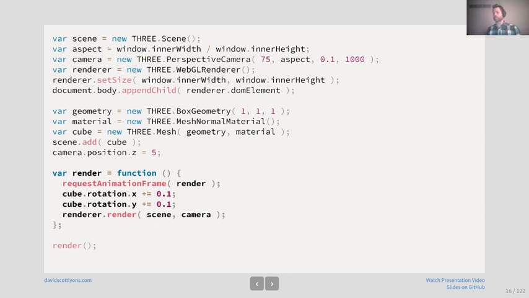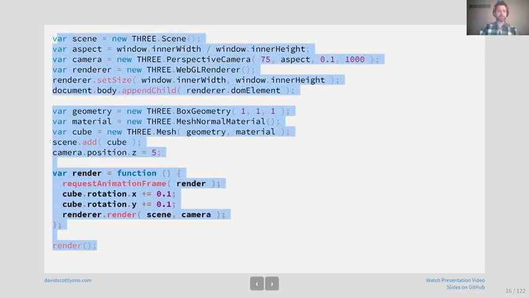Kind of another great thing about using a library like this is that this cube element is going to be self-contained. So there's a cube.rotation property with an X property, right? There are basically numerous attributes we can slap onto this object, but we don't have to go through and do the very convoluted matrix math ourselves. We're just going to update it by 0.1. Right, so we've taken something which is more or less complicated when we started out with WebGL, and we've